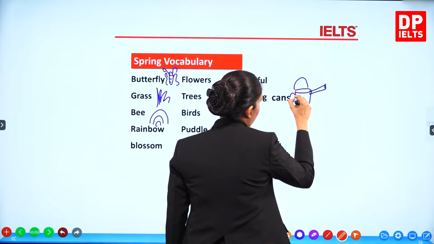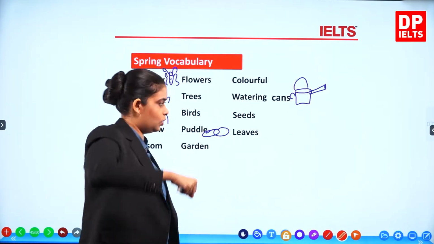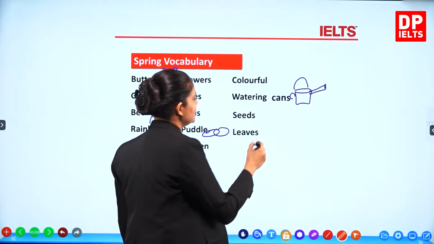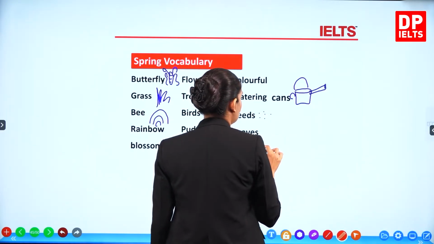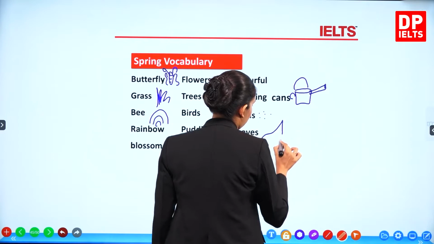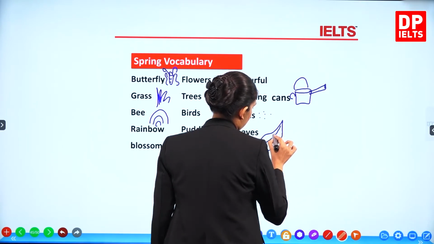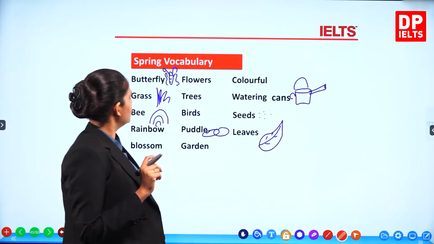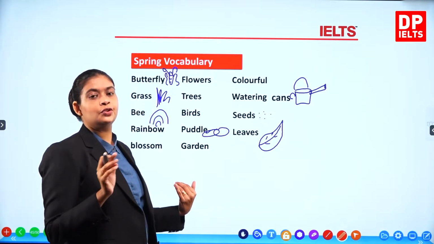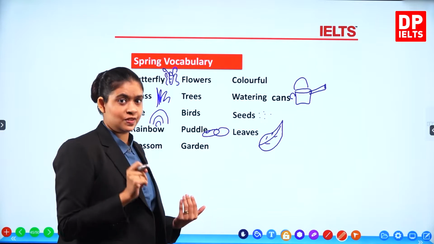Okay, so you got a little handle here and you can water with it. You have the seeds and you also have the leaves. Okay, so these are some of the words that you could use when you're talking about spring.